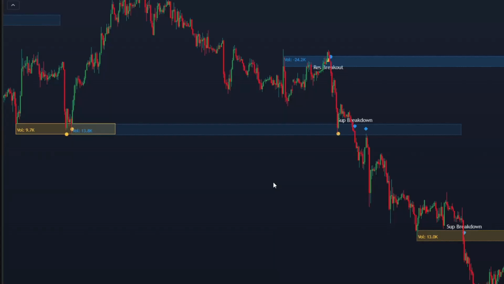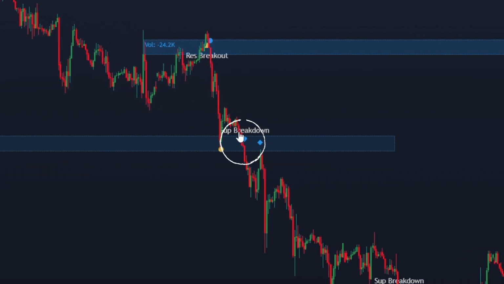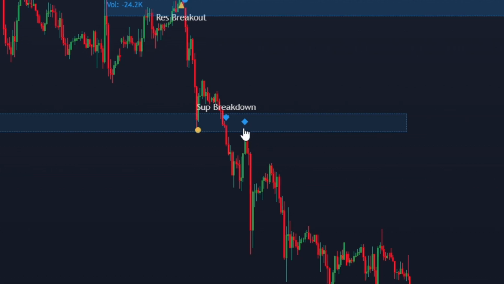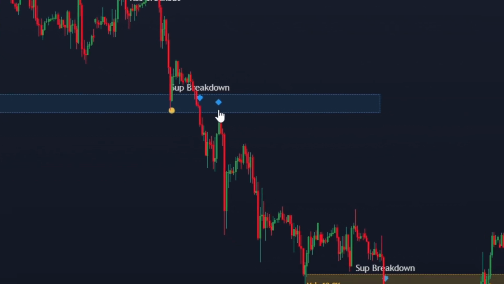Take a look at this setup. First, the indicator identified a high-volume support zone. Then, price broke below that zone and generated a breakout signal. After the breakout, price returned to retest the same level, and the indicator produced another signal right before the market